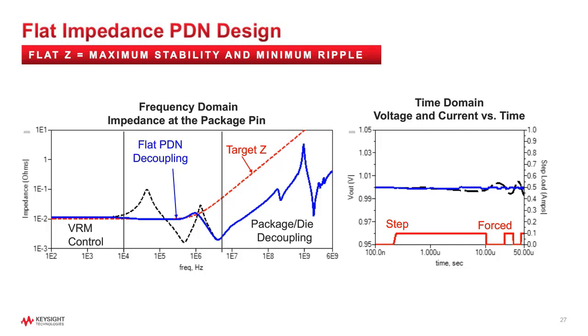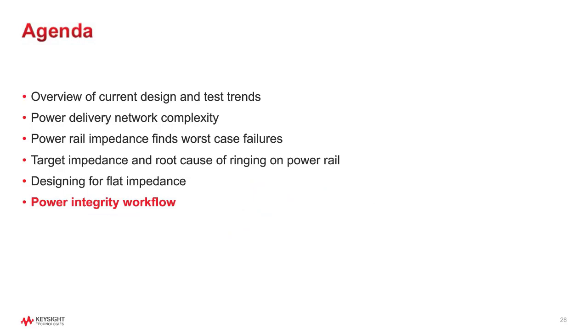Now we might get lucky and only need one capacitor to flatten out the impedance. This clearly shows that the number of capacitors can be reduced by designing for flat target impedance. The time domain plot on the right also shows that flat impedance, solid blue trace, gives less ripple than the non-flat impedance. This design example is a good starting point, but as mentioned earlier, for a real system, the PCB and component parasitics can be significant, and additional tools and measurements are needed to design and test for the final product.